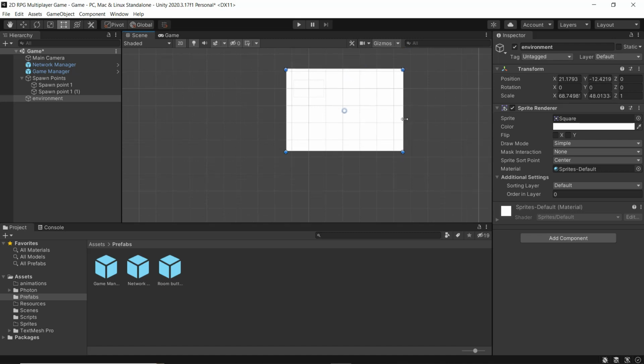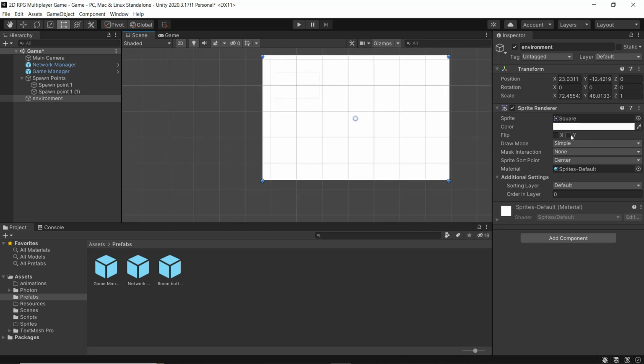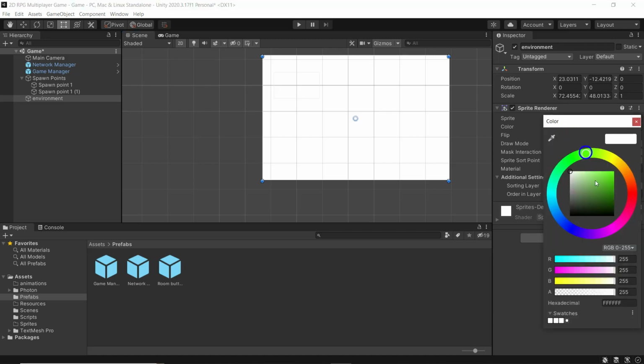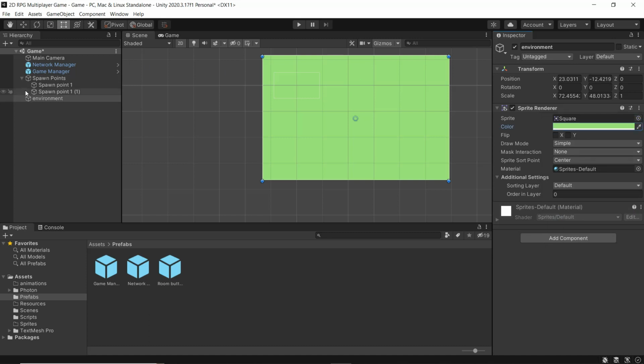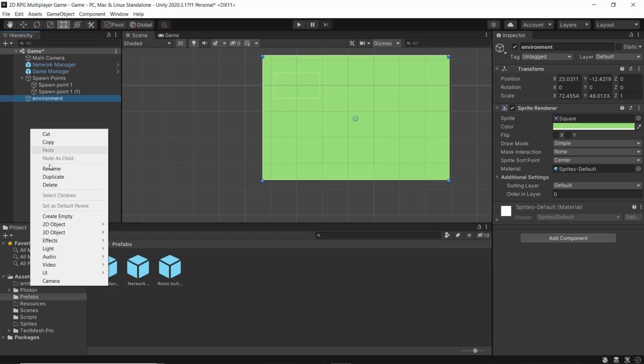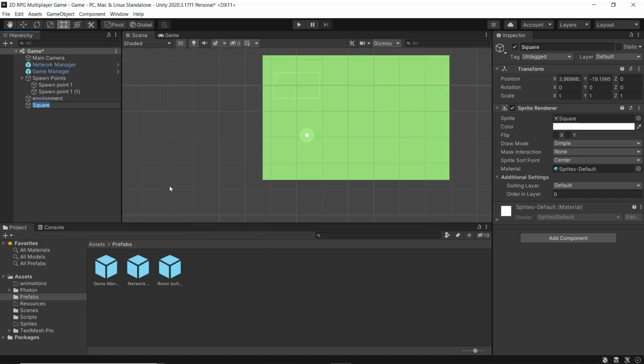We can make its size a little bit bigger, and I'm going to change the color to maybe green. So that is, for example, our environment. Now I'm going to make another one, 2D Object Sprite Square. Going to call it